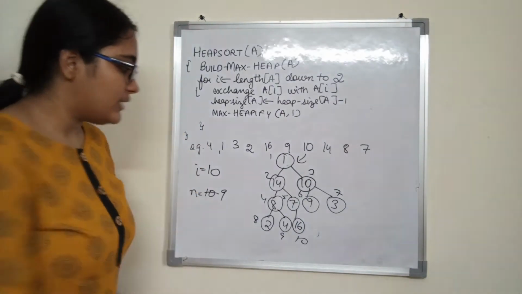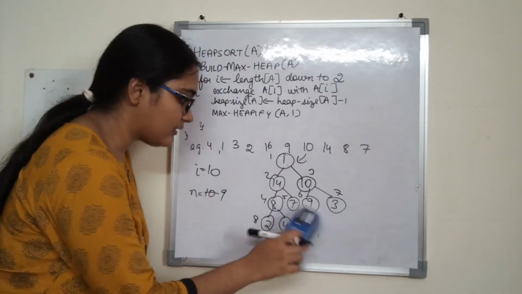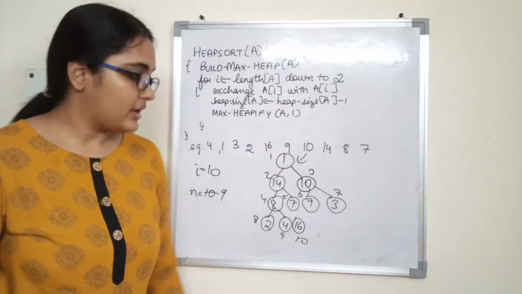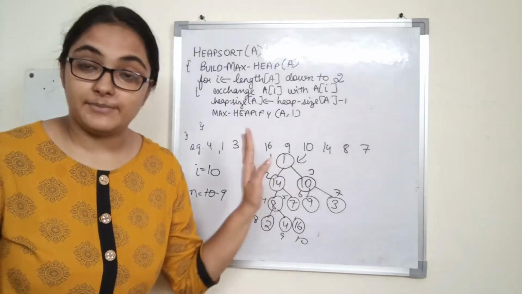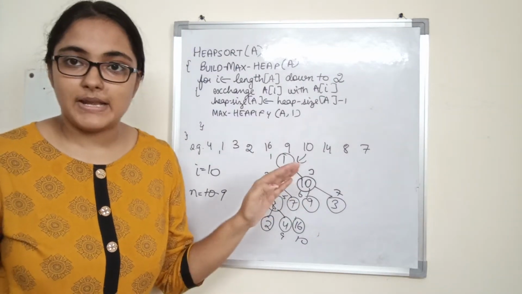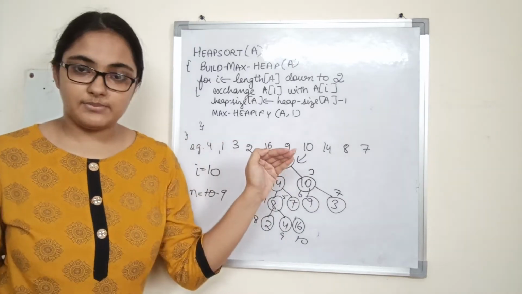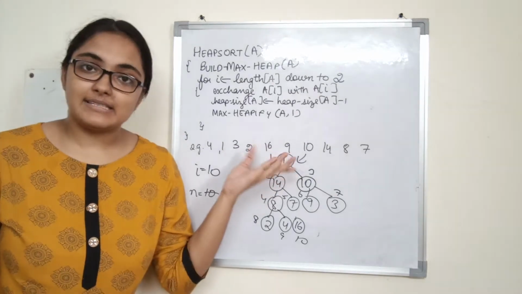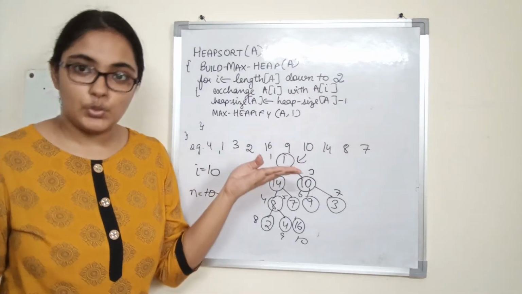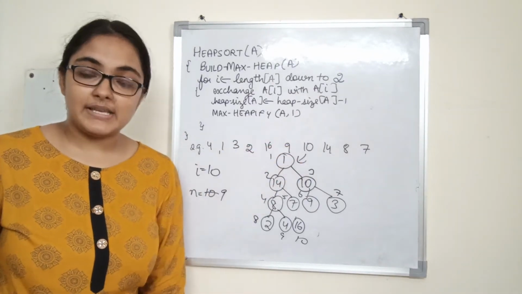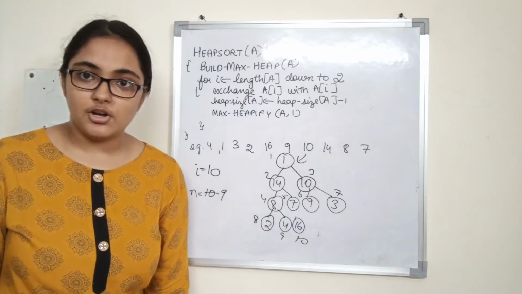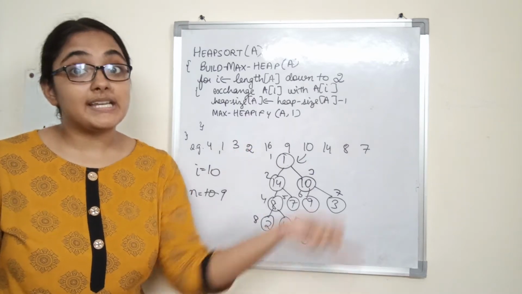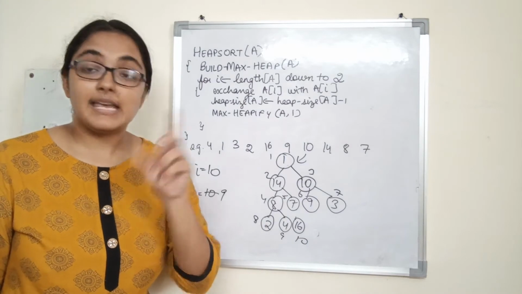What we are actually doing is, now this is not a part of heap. What we have done is, we have created a max heap. Now when we create a max heap, the maximum element is present at root. Where the root is present? Root is present at index 1. So since the maximum element is present at the root, where the maximum element should be present in an array which is sorted in ascending order? The maximum element should be present at the last index, right? That is A of n.